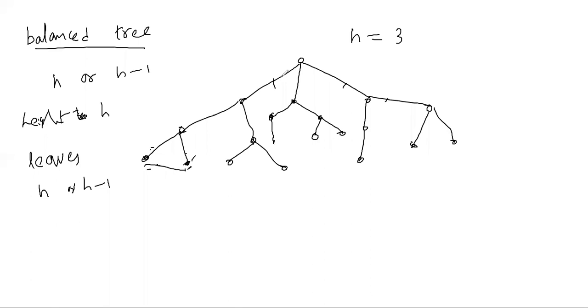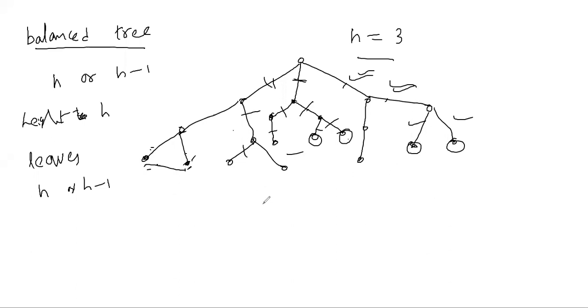When you come to the second one, see this, 1 2 3. So leaves are at height 3. Come to this one, 1 2 3. The leaf is at height 3. Again 1 2 3, this leaf is at height 3. Again 1 2 3, the leaf is at height 3. Come to this one, 1 2 3. The leaf is at height 3.